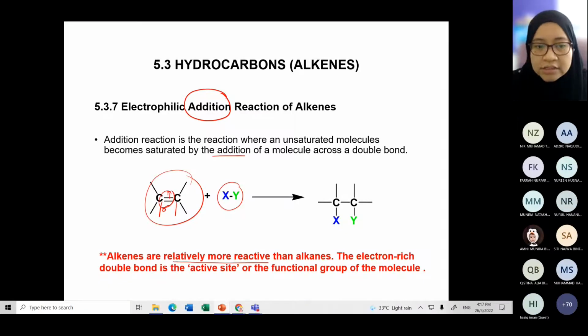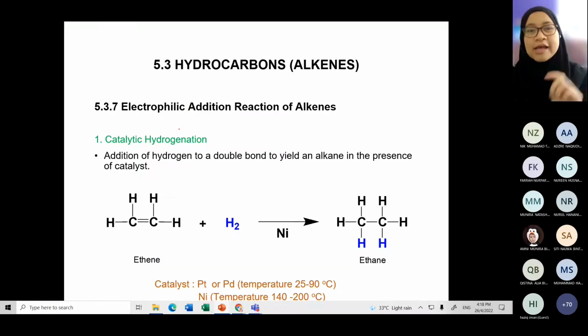The electron-rich double bond is the active site or the functional group of the molecule. So this is, in general, the name for the reaction that alkenes can undergo. It is known as electrophilic addition. Okay, electrophilic addition. For alkenes alone, we have like five